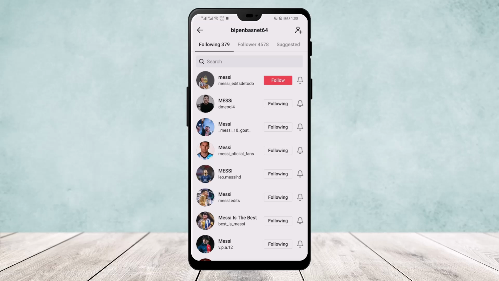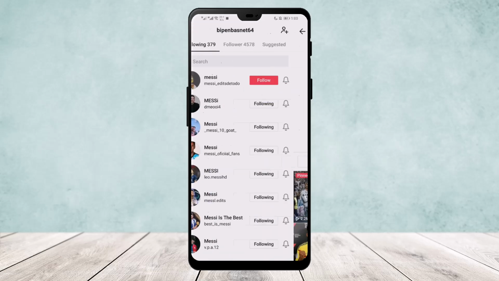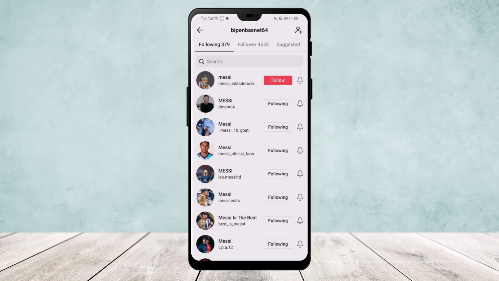on the account again. If you go to the profile, you can see that you are no longer following the account. You can do so similarly to any account that you want to unfollow. Simply unfollow by tapping on the following option that you can see on the right hand side of your screen. This way you can unfollow anyone on